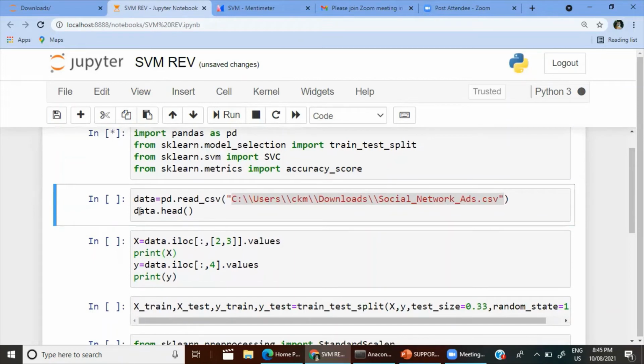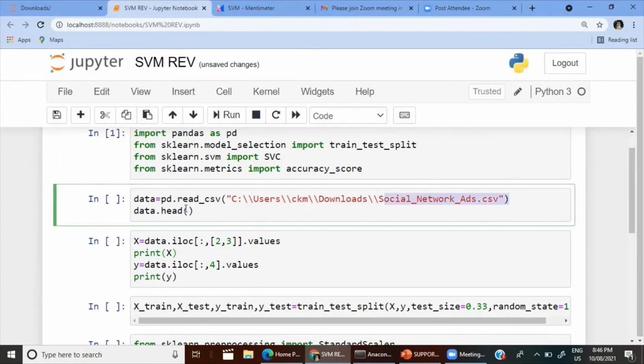In the next step, I've created the data. I'm just importing it using the read_csv method, Social Network Ads. This is the data that I have shown you in the PPT.